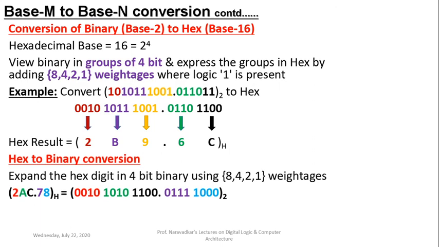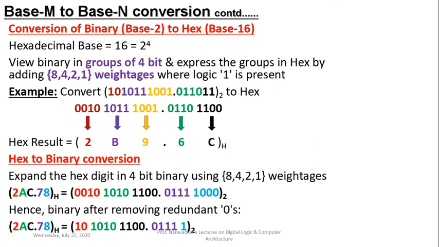So that way we can rewrite that result. Hence, binary after removing redundant zeros: 2AC.78 hexadecimal is equal to, after removing redundant zeros, 1010 1100.01111 binary. So this is the way that conversion can be done here. Okay, all the possible